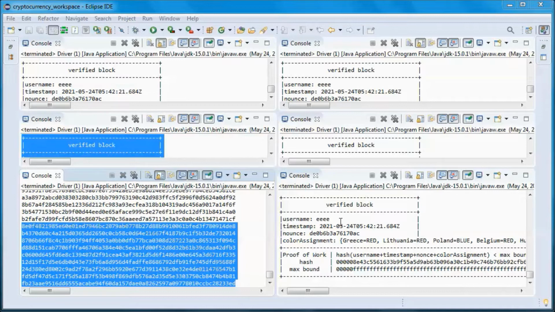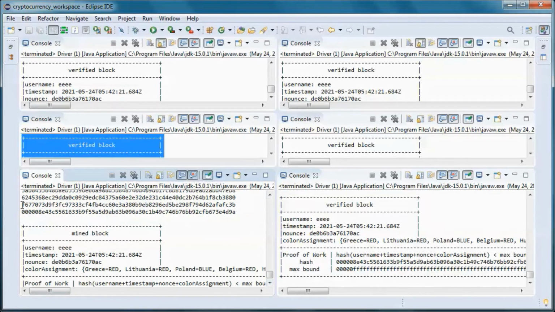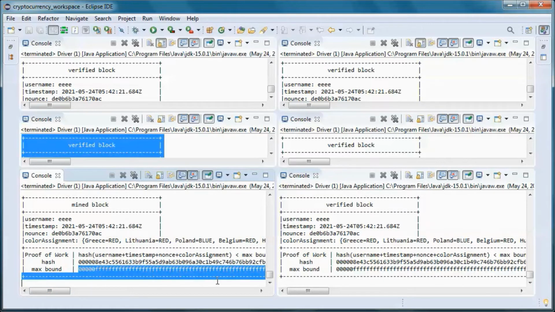So we end up spending a lot of energy on trying to solve a basically useless problem. Essentially, we are checking if a continuously varying number, meaning any one of those hashes, is smaller than another number, this max bound.